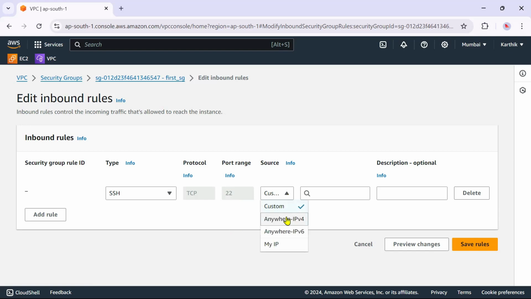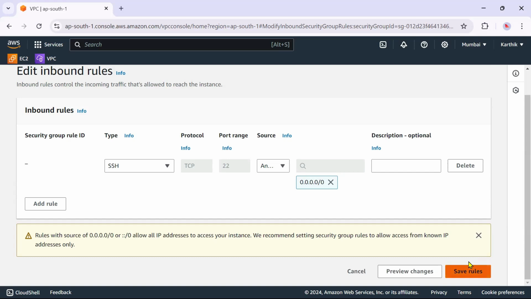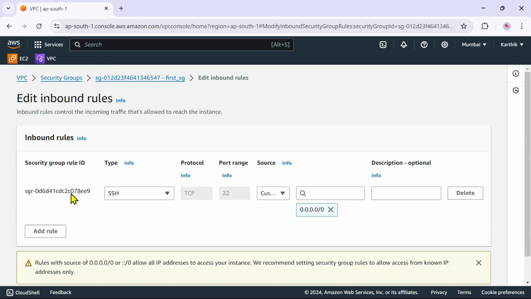What I should do is select Anywhere IPv4 here. Okay, now it has been allowed. Now whenever an SSH request comes in through the internet, it will allow. Now I'm just saving the rule. If you look at it, it has been added.